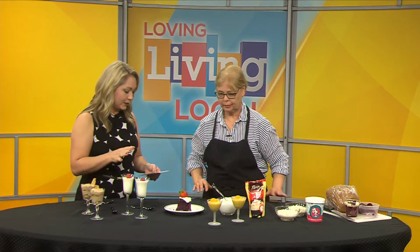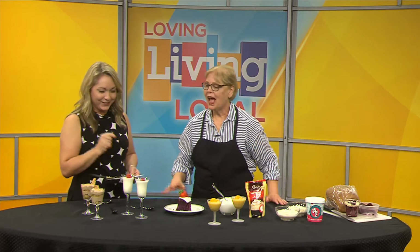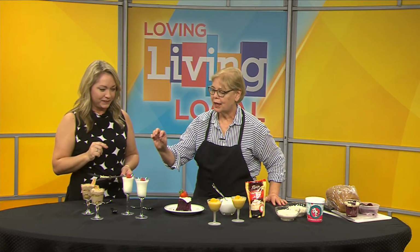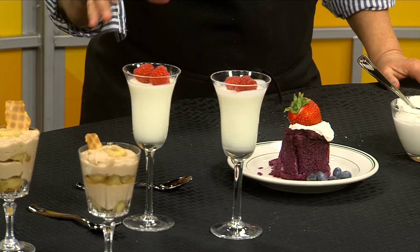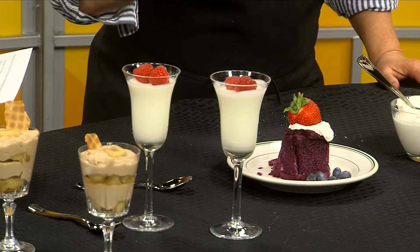Right. Okay, so let's move on to the panna cotta. Panna cotta. Okay. This comes from Italy. It actually has gelatin in it. Okay. But again, something real quick on top of the stove. It's a cup of half and half, 2 cups of whipping cream, some gelatin, a little bit of sugar, and